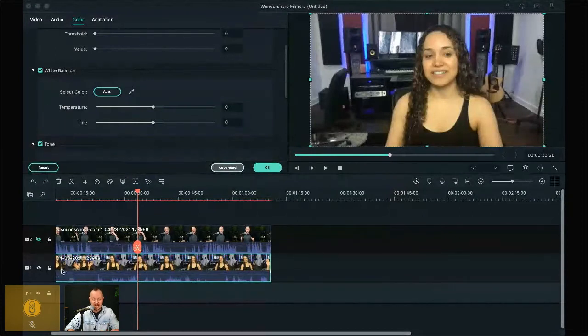Let's add a vignette as well down here. With the vignette, if we go all the way to the left, you'll see it darkens the corners. You can also change the roundness. With this feather here, you'll actually see what the vignette is. You're creating a kind of spotlight on the speaker's face, which is nice. So we'll keep that feather up there. I like to do that because now she's looking a lot more dramatic, and we got a really nice clip out of this footage. We wouldn't be able to do this unless the footage was of good quality. Otherwise, it would look too artifacty and gross.